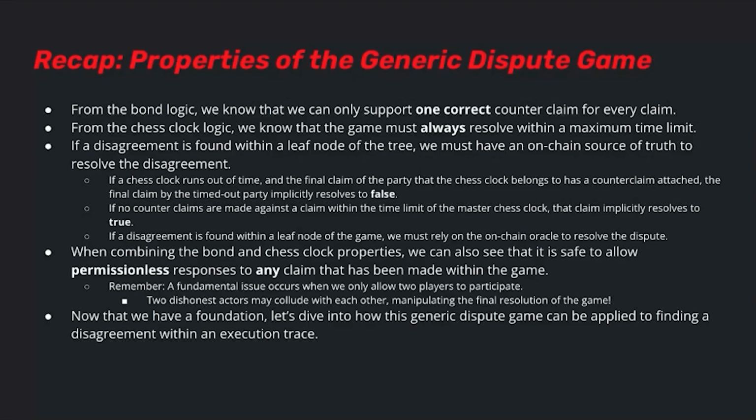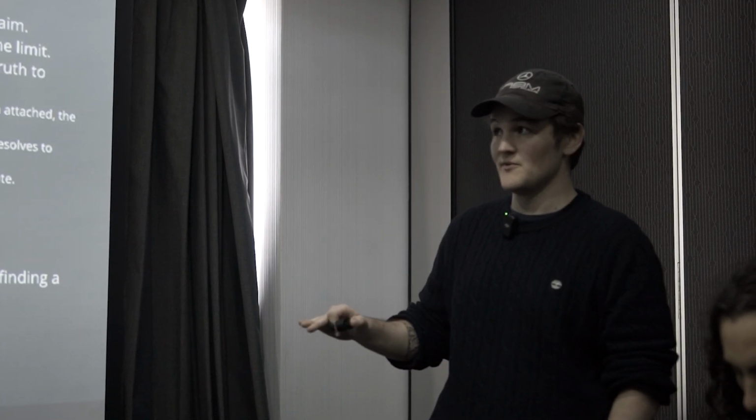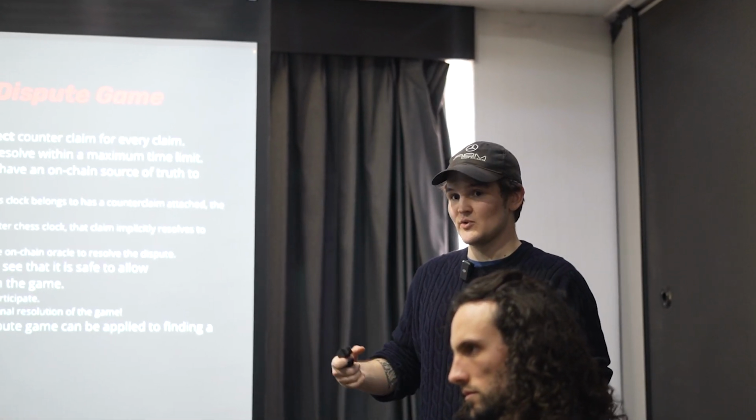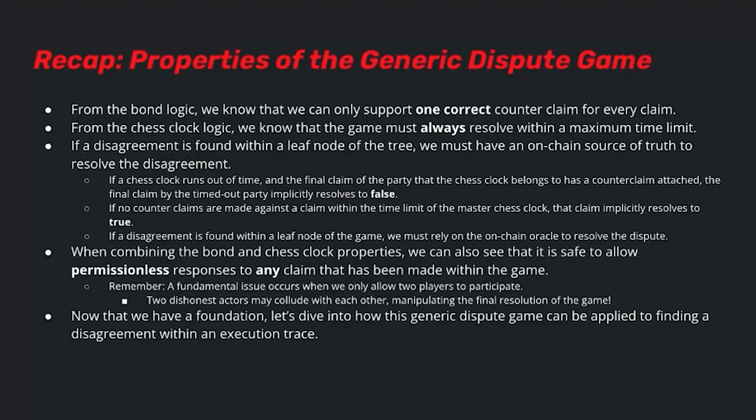The purpose of the dispute game primarily is to be able to disprove invalid root claims. Let's say somebody posted an output of their L2 state. If somebody agrees with it, they're not going to counter it at all. We just wait for the clock to time out, and then it implicitly resolves to true. But if somebody posts an incorrect output, we want to be able to come along and push it down to the actual step within the block state transition and execute that state transition on chain in order to figure out whether or not they were telling the truth. Cool. Awesome. Thank you. Yeah, no problem.